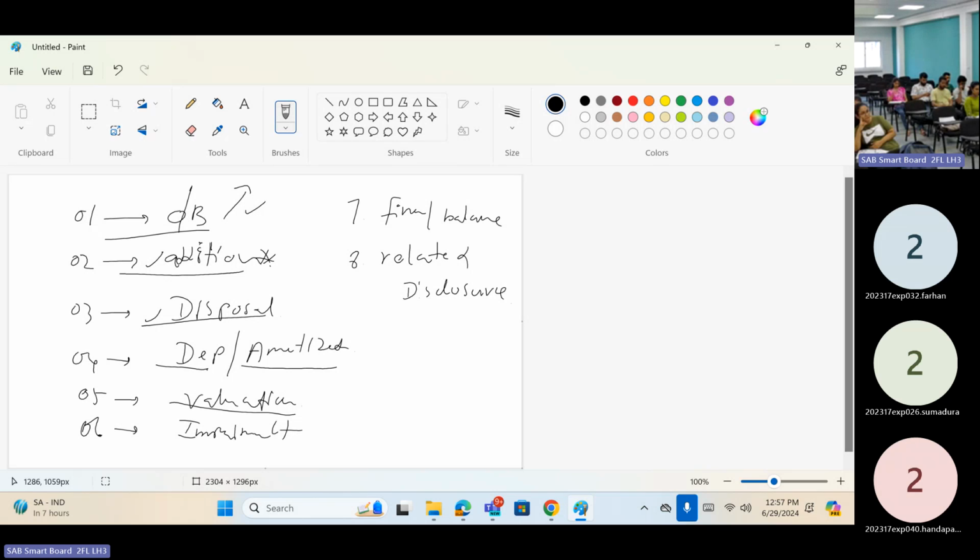you have to check the valuation. To check the valuation, we have to evaluate the valuer's independence, the inputs used by the valuer, and then the qualification of the valuer. The reasonability of the valuation needs to be tested. And impairment. Impairment means